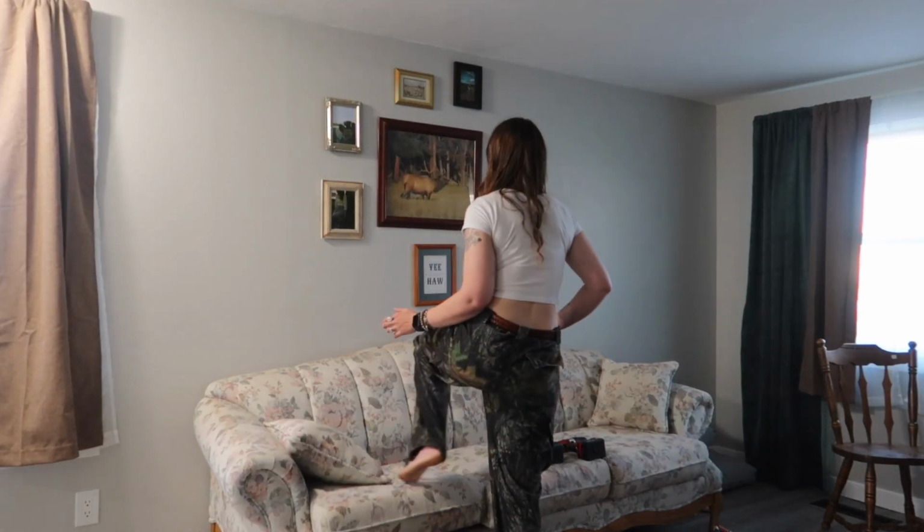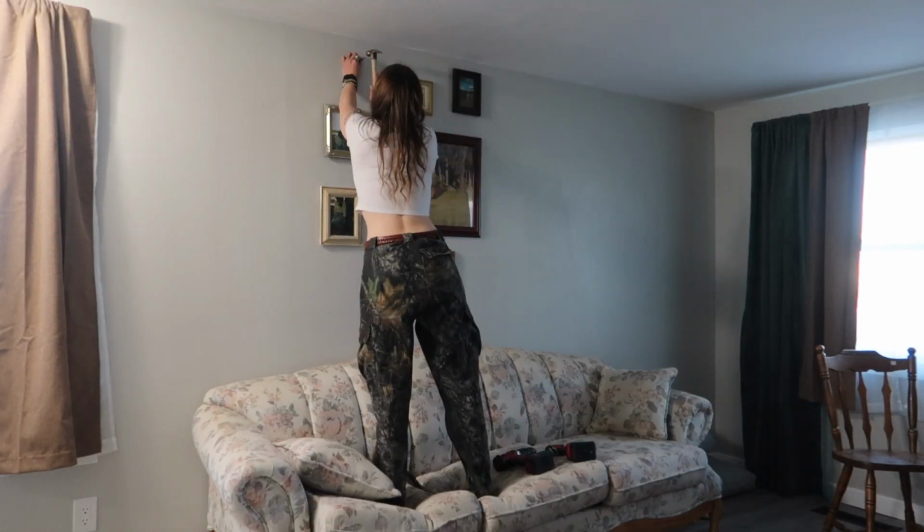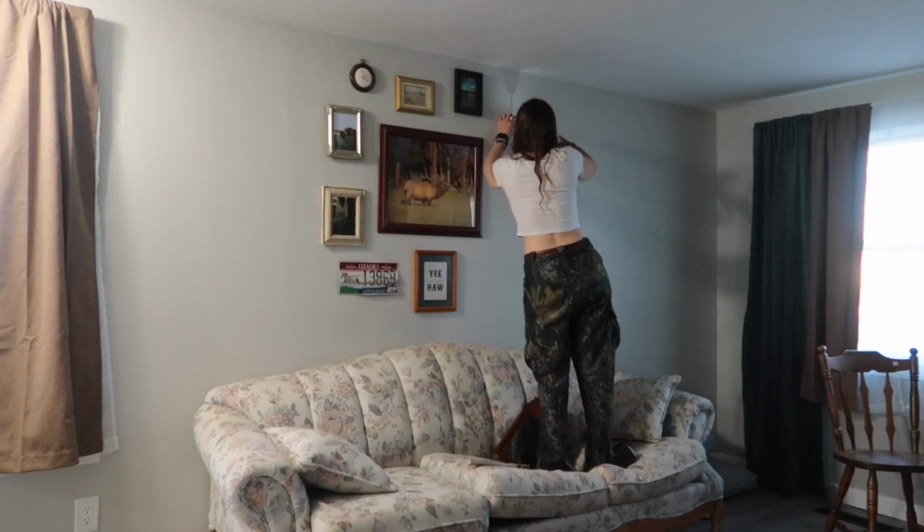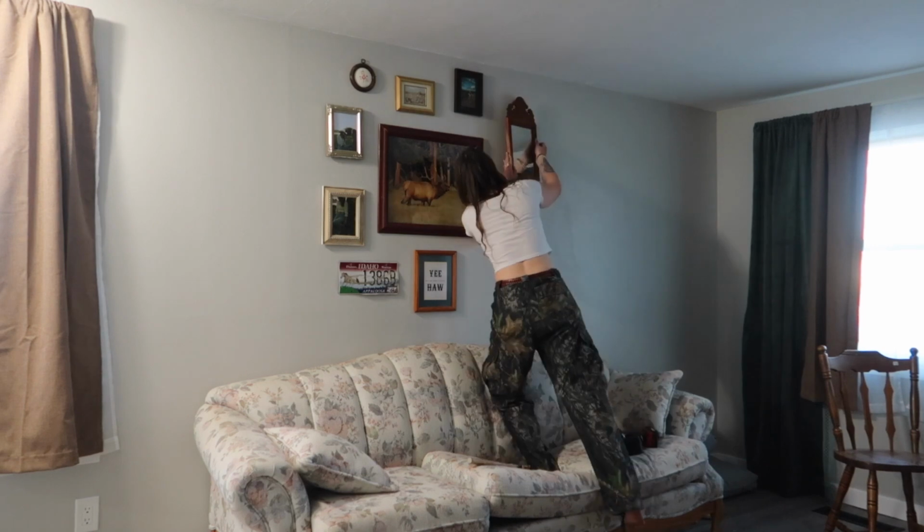If you guys haven't watched my last thrift haul when I hung up this gallery wall, I'll put a link to that video up here. You definitely should. I feel like I really found my stride with gallery walls here, and I'm excited to try out another one. But to finish off the two ends of that gallery wall, I found these gorgeous mirrored taper